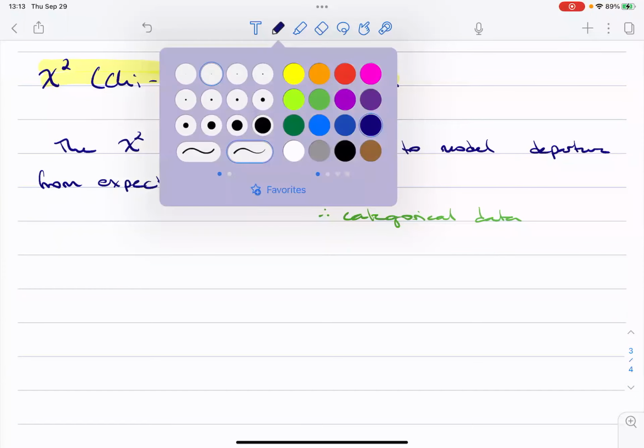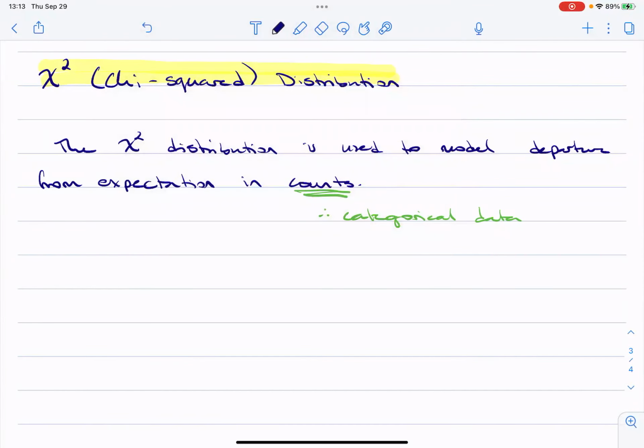So what do we mean by that? Well, we can calculate a chi-squared test statistic by hand. Of course, we're not really going to do that, but we do need to have an understanding of what R is doing, right? And if we know the formula, or if I give you the formula, then you can look at the formula and remember that, oh, right, I'm looking at the departure from what's expected. So I'm going to have observed counts and expected counts. And that's what the chi-squared does.